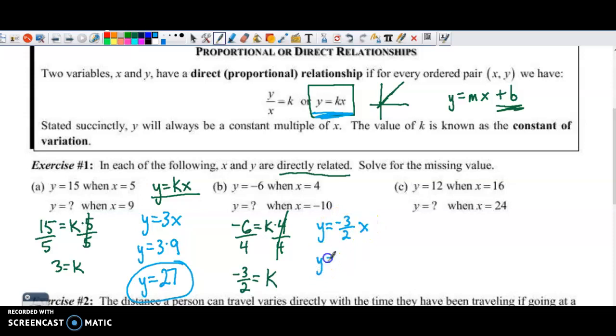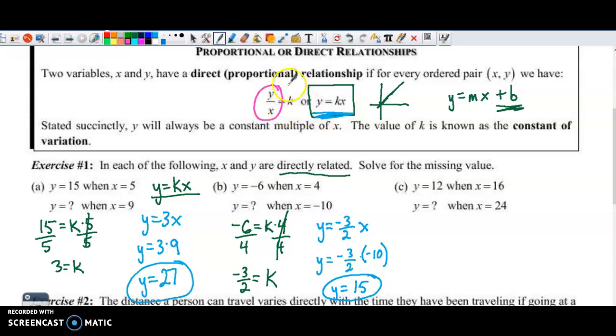And now I can plug in -10 for x. And maybe you need the help of a calculator, but a negative times a negative is positive. And you just multiply the whole number into the numerator, so 10 times 3 is 30, divided by 2 would give me 15. And maybe I'll show you a shortcut on this last one,